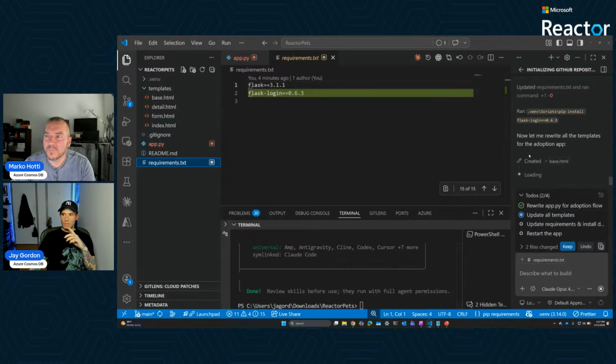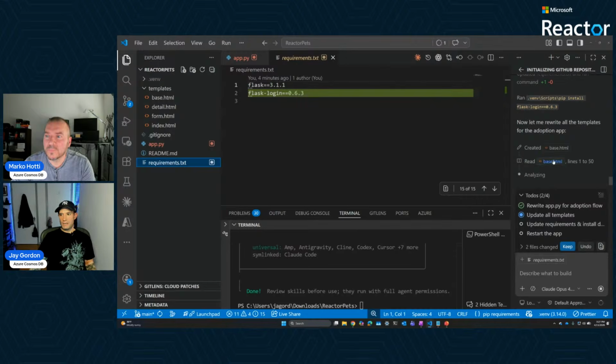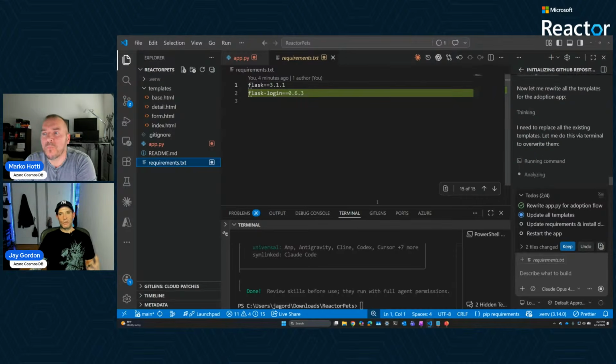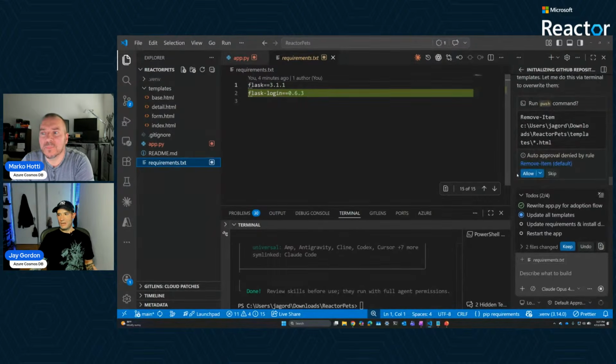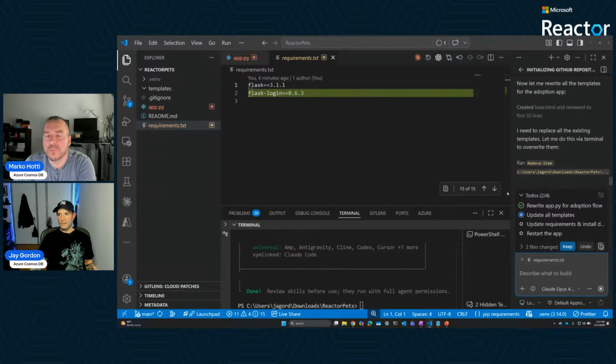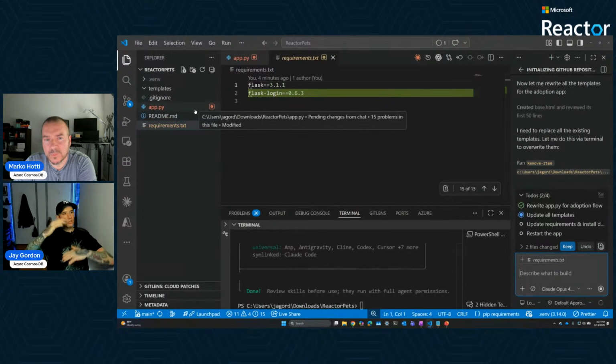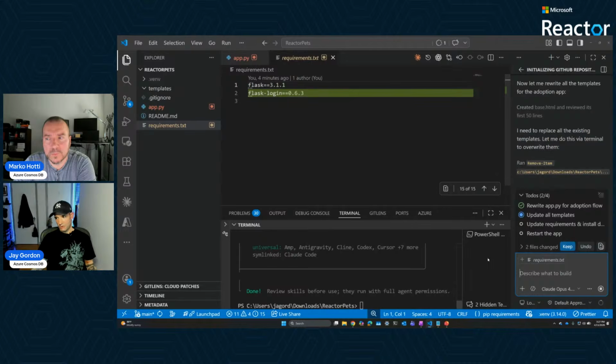All right, so it's going ahead and updating our HTML again. It's going to go through this whole process, and it's going to remove some unneeded items because we've restructured everything. We've given it a little bit more detail on what this app's going to do, how it's going to do it, why it's going to do it. So it'll update our requirements based on what we need, and then it will restart the application. So while it's doing that, Marco,